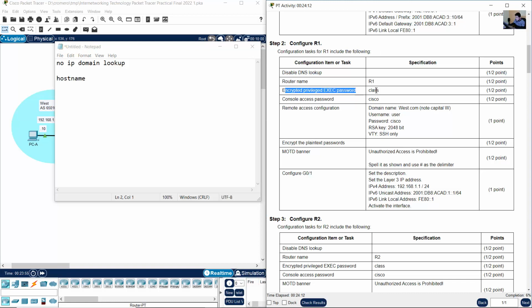Encrypted privilege exec password class. Console access password Cisco. Line console 0, password Cisco, and don't forget login. Exit and